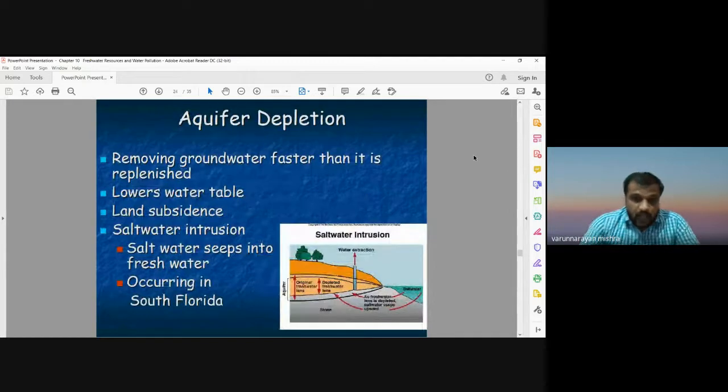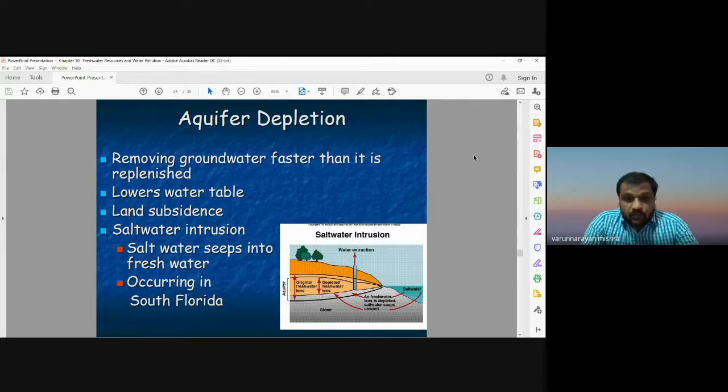Aquifers are depleting day by day. As we know, we are extracting underground water at a fast rate, and it is not replenishing at that rate. So there is a problem in the aquifers. The aquifers are now shrinking because of the rapid extraction of underground water. It lowers the water level, which may also cause land subsidence. And there may be salt water intrusion, where salt water seeps into the fresh water, as occurring